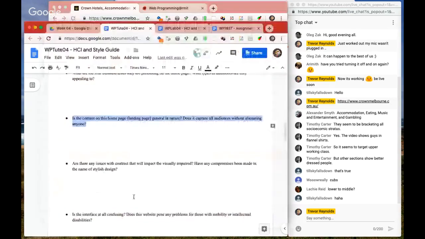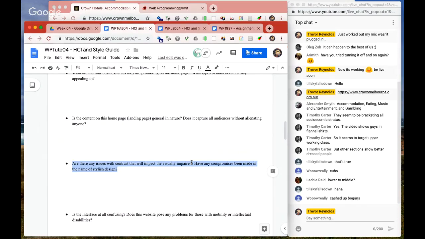Now what I'm going to do now is we're going to come to this one. So are there any issues with contrast that will impact the visually impaired? So this is something that is a legal responsibility. You need to make sure that you don't